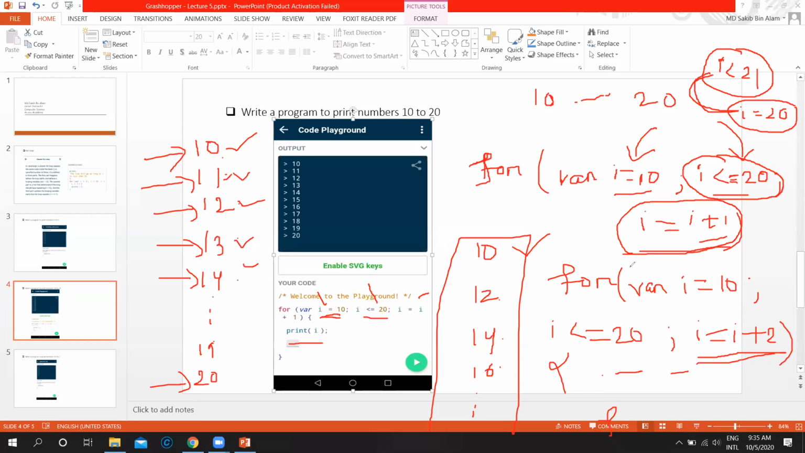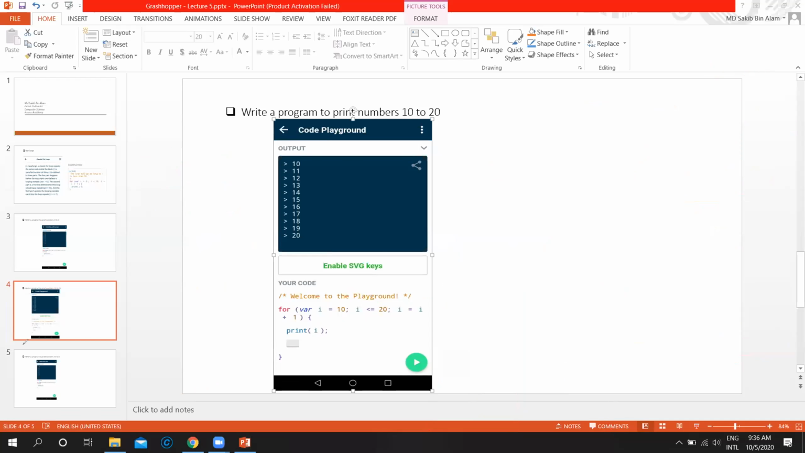Okay, let me discuss another one. Here we learned something new: i = i + 1 means it will increase or update the value by 1. If you write i = i + 2, it will update the value by 2. According to the demand of the problem statement, we will arrange it. Like if it asks something like this,